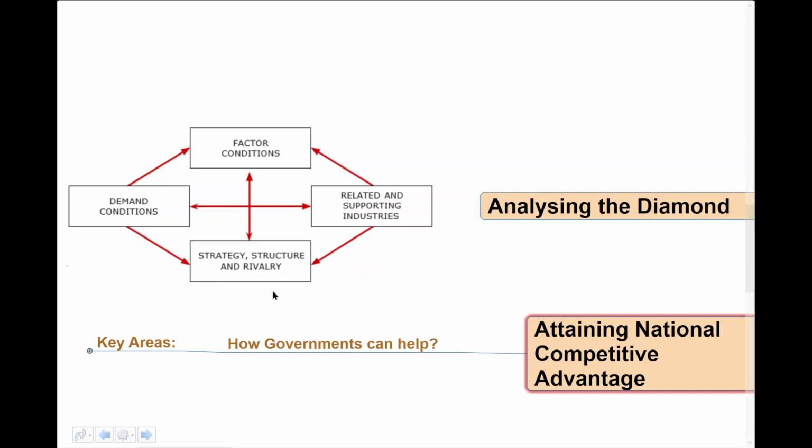Last area here is strategy, structure, and rivalry. And here, really, it's three-part. This is probably one of the more tricky ones to explain and for students to think about. But in terms of strategy, the simplest way to look at it is to take the German car industry and think about strategy. Fledgling early car manufacturers in Germany had similar strategies, and their strategy really